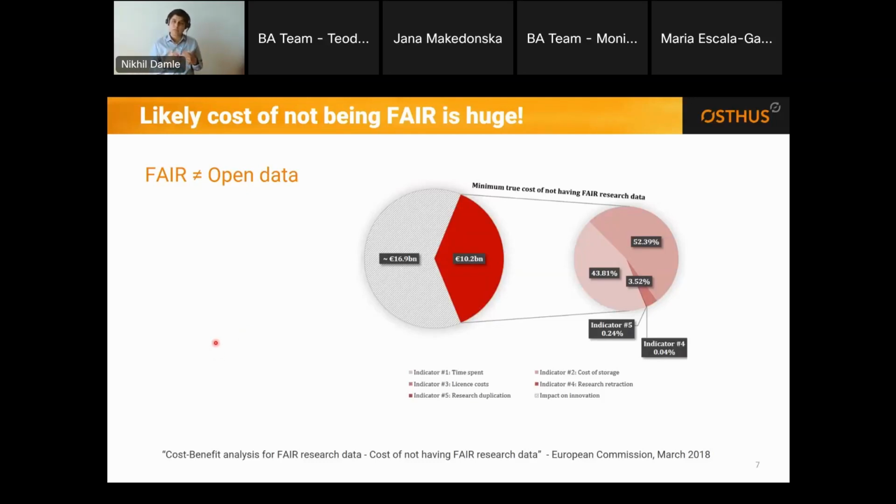Now there is a value in making your data FAIR, because if we do not do that, we are taking a big risk. We are looking at huge costs arising because we delay innovations, we prolong the time to market, and we underutilize our resources, and all this gives rise to increased costs. So, in order to avoid these challenges, the best way is to think about making our data more and more FAIR compliant.